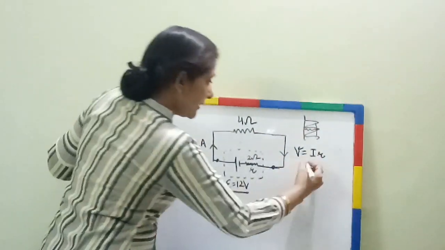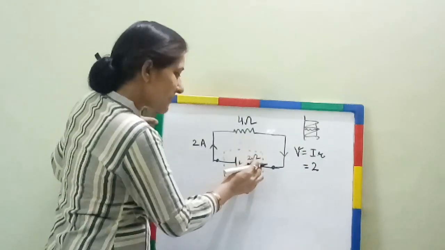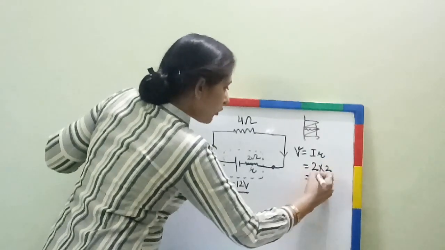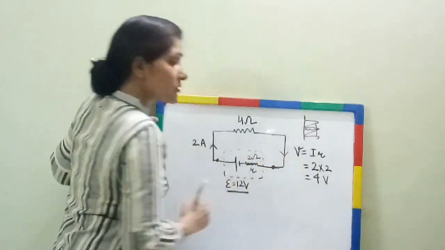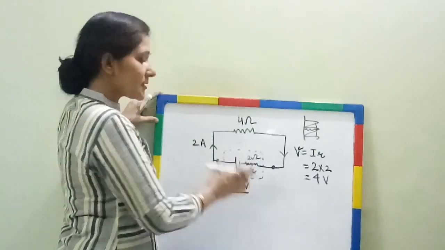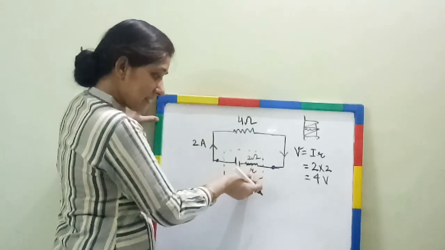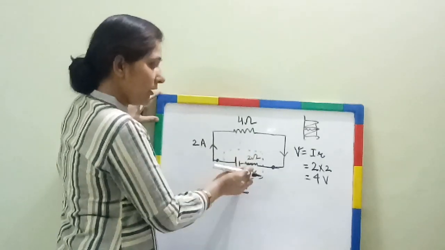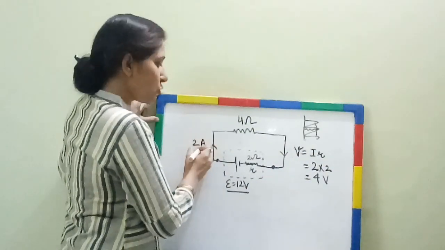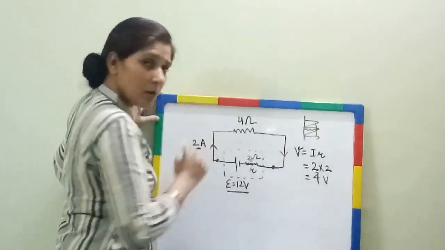How to find out that? The current flowing through the circuit is 2 ampere. The internal resistance of the cell is 2. So how much voltage is dropped over here? That is 4 volt. Means what is the meaning of this? Total EMF of the cell is 12 volt. Because of this internal resistance, सिर्फ इस internal resistance की वजह से when current flows, कितना voltage drop हो गया, 4 volt. करंट कितना फ्लो किया था, 2 एम्पियर. रेजिस्टेंस कितना था, 2 ओम. तो टोटल कितना वोल्टेज ड्रॉप हुआ, 4 volt.